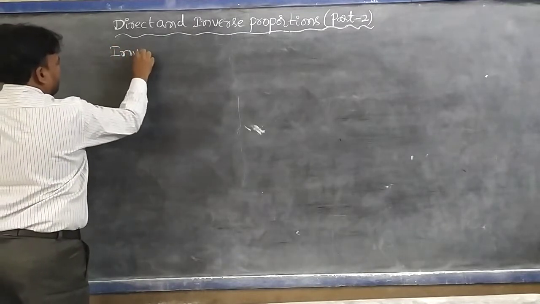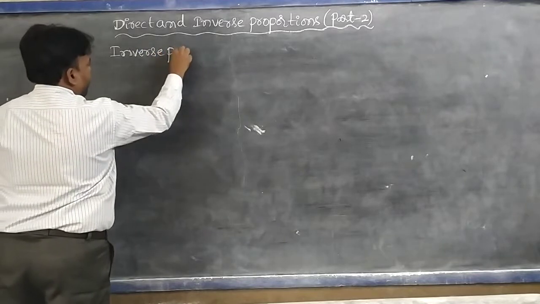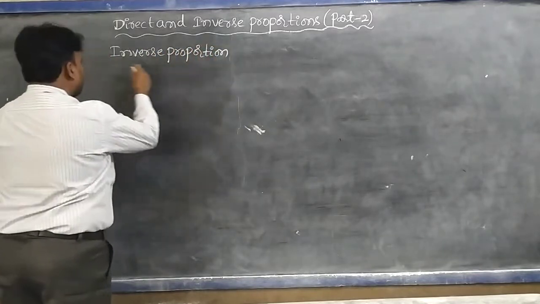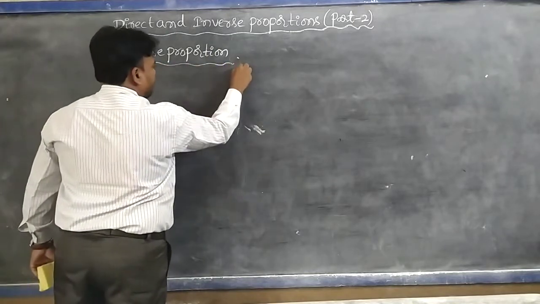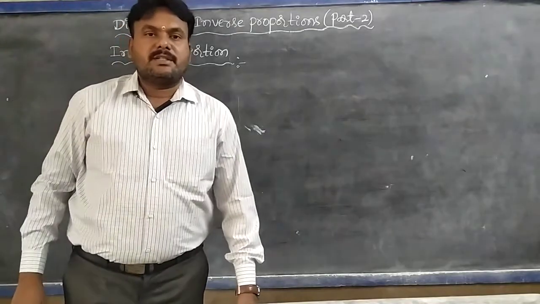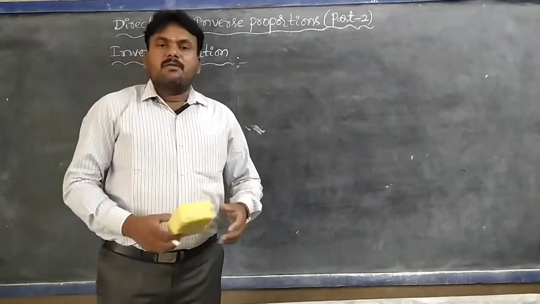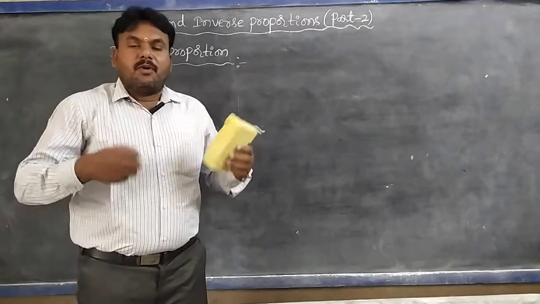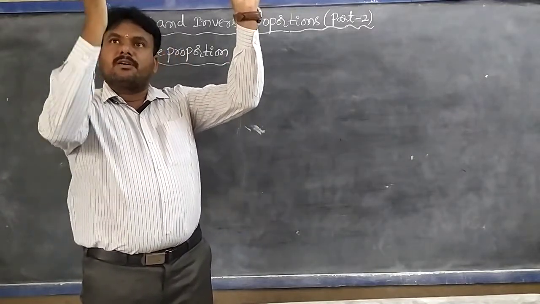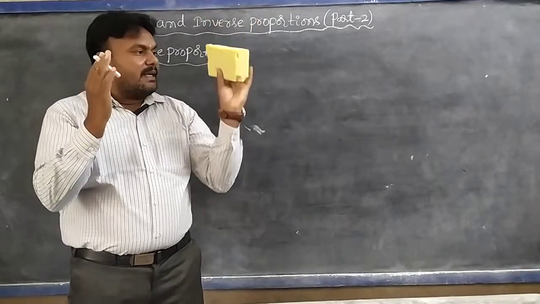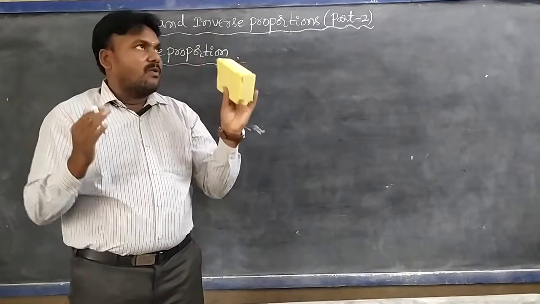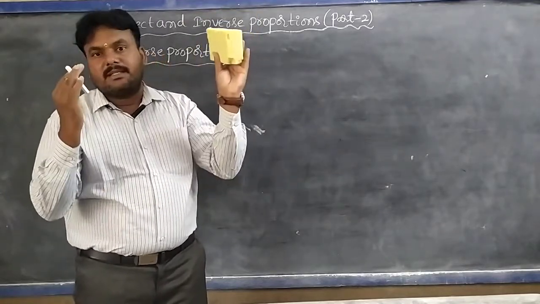Inverse proportion. So what is inverse proportion? Observe variation, which is nothing but change. If I take one example: if water consumption increases, then automatically the water level decreases. Here one quantity changes with another quantity. That means one quantity increases, and the other quantity decreases.